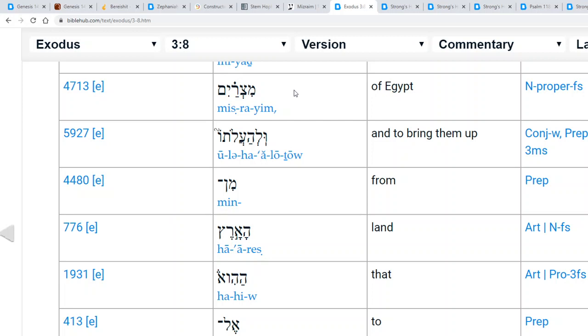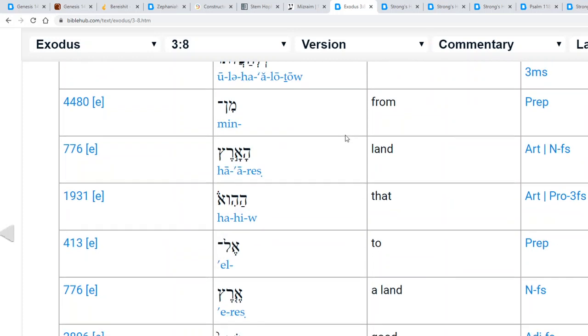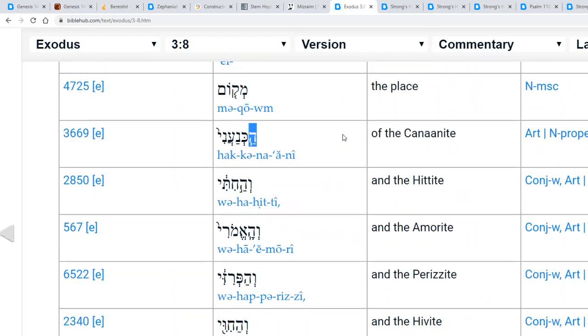not straight as in go straight, but as in a narrow opening you can go past. That's what metzer means, and we'll get more into that. But right, so Ha-Kenani, of the Canaanites, right? Because it's in the Smichut. Ve-Hachiti. So again, we're having this construction where you have one construct that seems to be